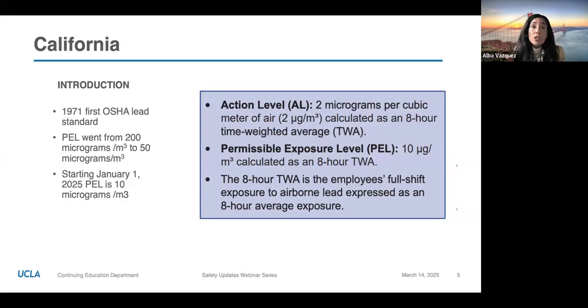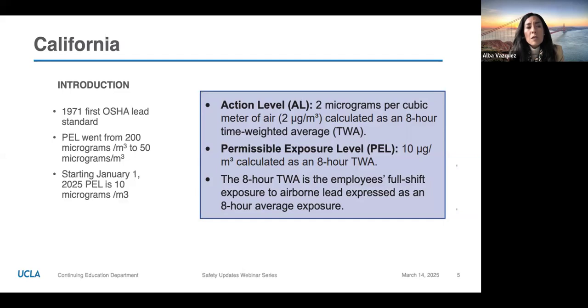So this is not new. We know that federal OSHA has been trying to change the standard because the PEL that we had before January 2025, 50 micrograms per cubic meter, was based on old information, old data, 40 years ago, basically, and it hadn't been changed. And the federal government and the EPA had been making many changes because the new research showed that there's really no safe level of lead exposure. And they started seeing this because